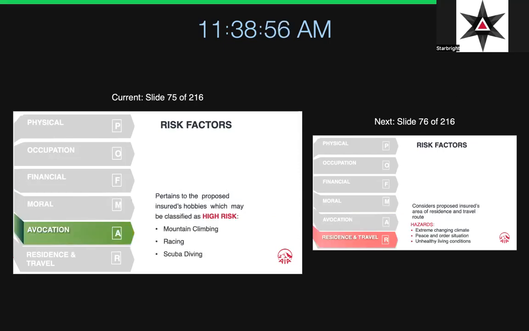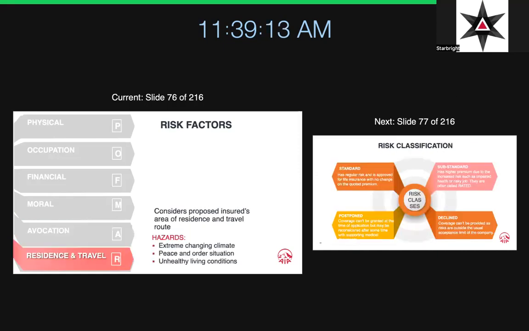Mga hobbies. Yan. Mountain climbing, racing, scuba diving. Baka mga extreme sports pala yung hilig ng client mo, you have to know about these things as well. Kasi nakaka-affect yan sa underwriting. And then kung saan sila nakatira, residence and travel. Even yung kung saan sila nagtatrabaho, these are OFW, may mga